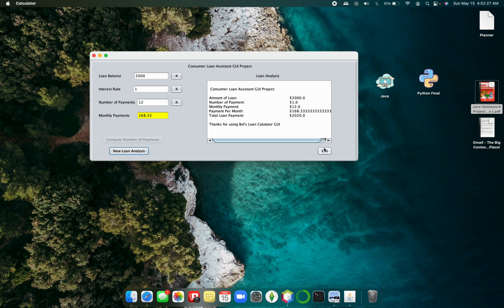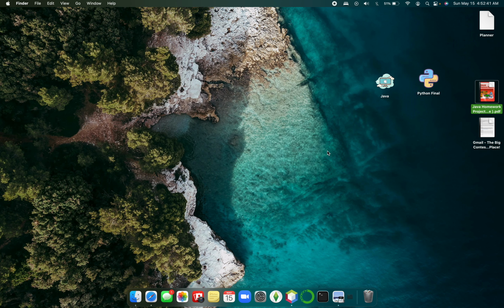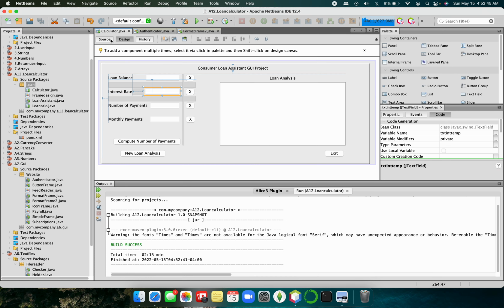And then by clicking exit, we exit it out. There are some scroll buttons added there. And like I said before, it computed that information for you. 168.33. And then let's click exit. And then I exit it for us. But like I was saying, if we wanted to add a function to